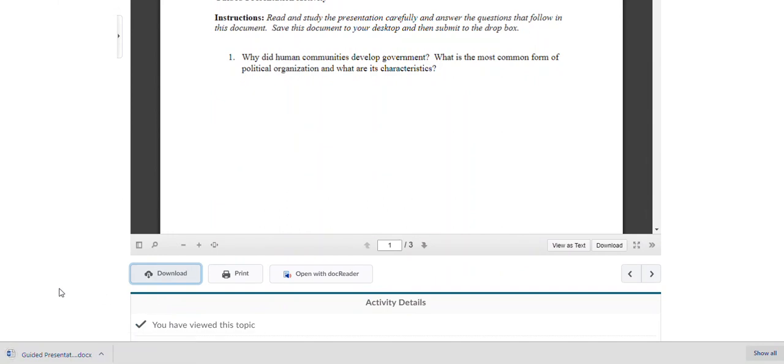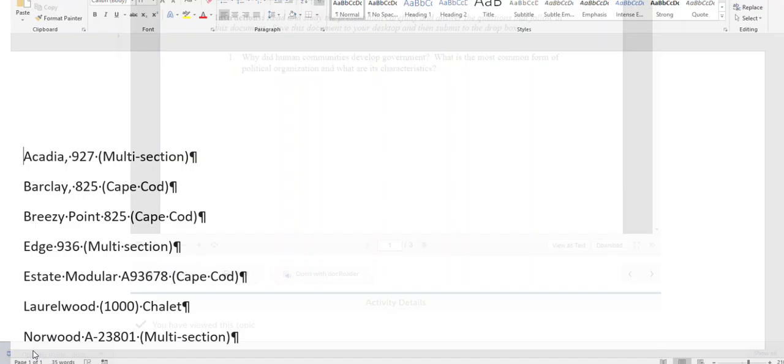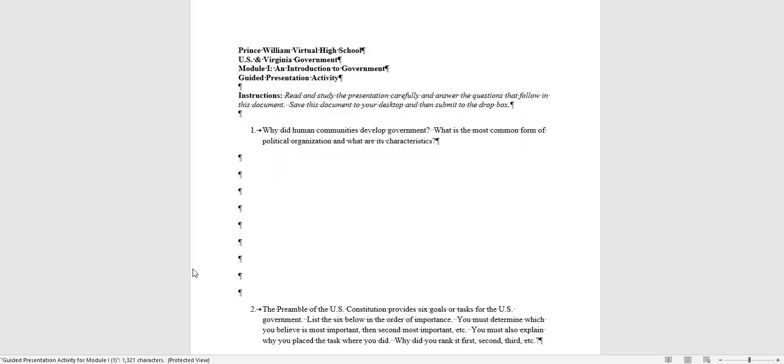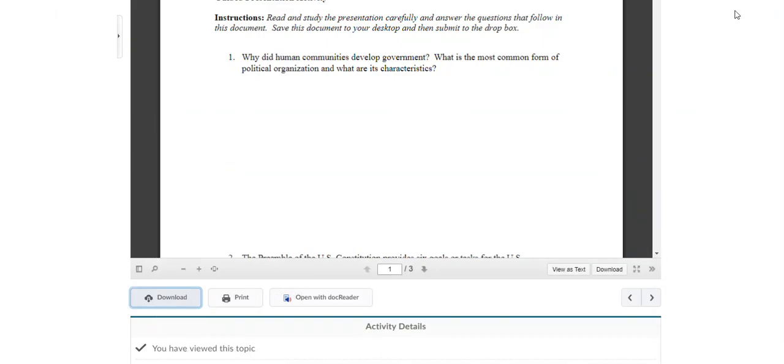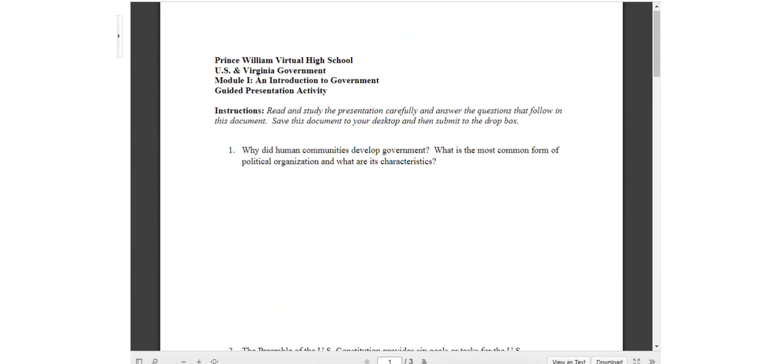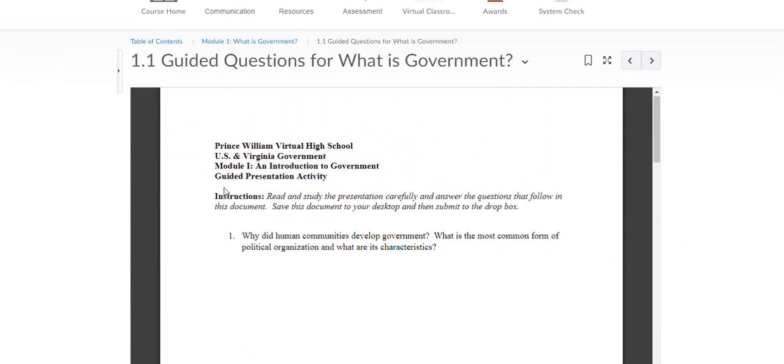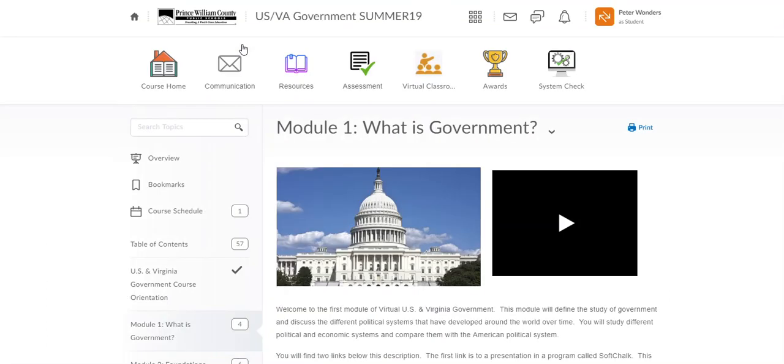If you're using Google, you're going to see that it appears here at the bottom. Chrome, Mozilla handles it in a different method, but either way, you open up that document, and that document will essentially be a Word document that you interact with. And so what I want you to do is take and put that off to the side, and then you're going to come over and click back on the What is Government in the Breadcrumb Trail,